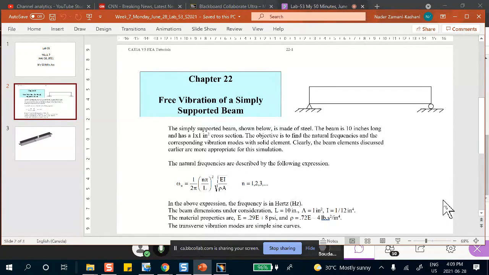For a problem like this, to find the frequency of vibration, you really should not be using solid elements. You can, but it's not the most appropriate element. You can use shell element, but it's not the most appropriate element. Beam elements is the most appropriate element for this problem.